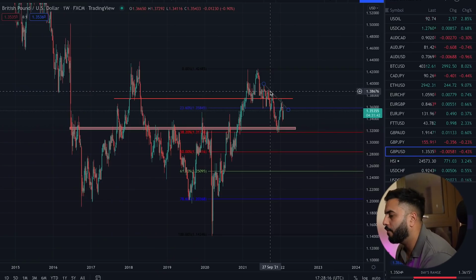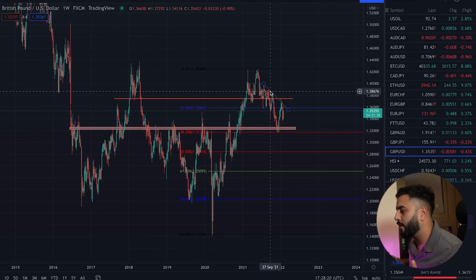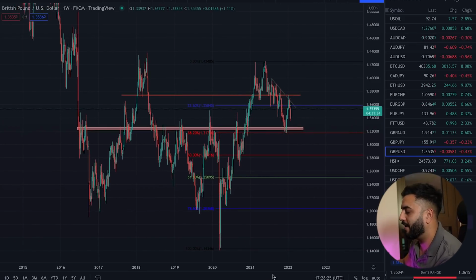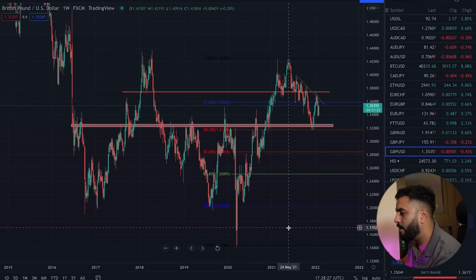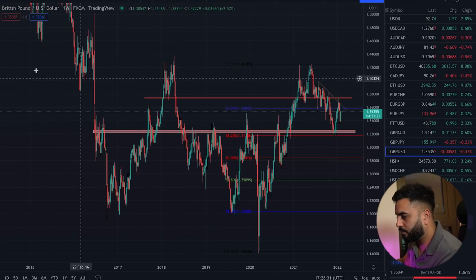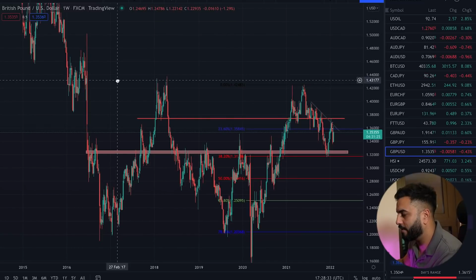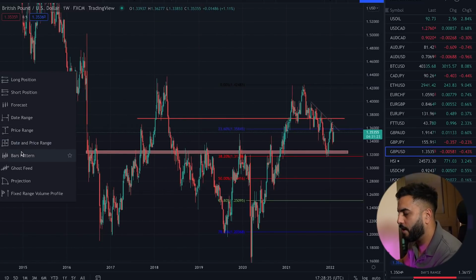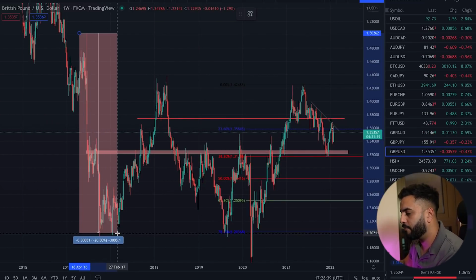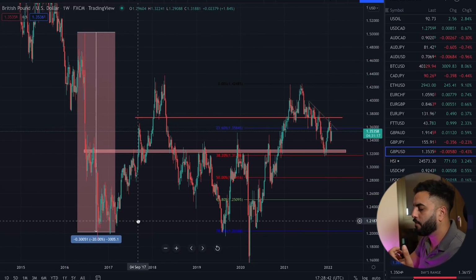So here we are with pound dollar. And I'm actually going to show you an example, which is to do with the Brexit, and show you the massive difference of what happens on a lending pair, a risk pair, and then of course, normal cable. So on normal cable, as you guys can see back here, we all witnessed Brexit together. So if I were to go ahead and measure this price range, we can see that this was roughly, I call it a 3,000 pip move to the